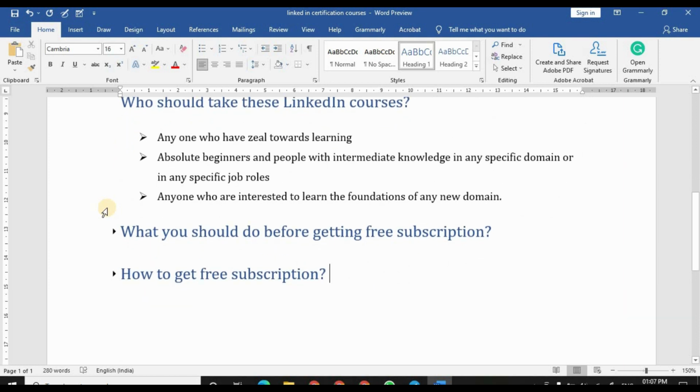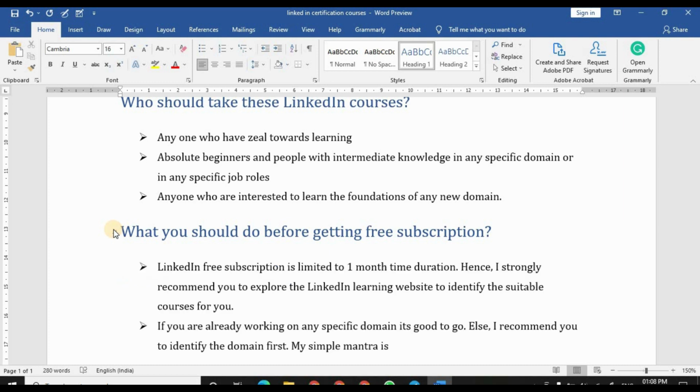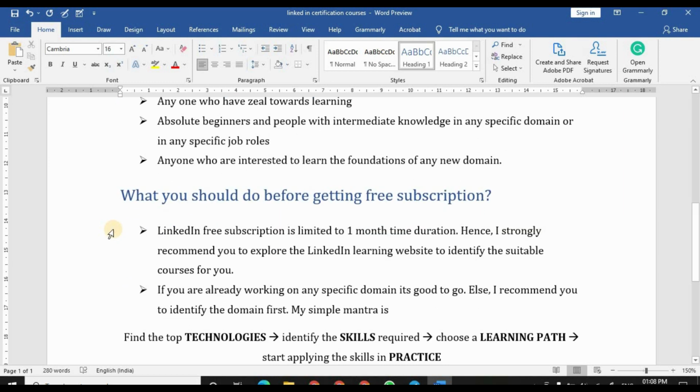Now let me move on to the next topic: what you have to do before getting the free subscription. Of course, LinkedIn will allow you to take the courses and you will be certified only if you have a subscription, but LinkedIn is allowing you to get a free subscription as well. But remember that the LinkedIn free subscription is limited to 1 month.